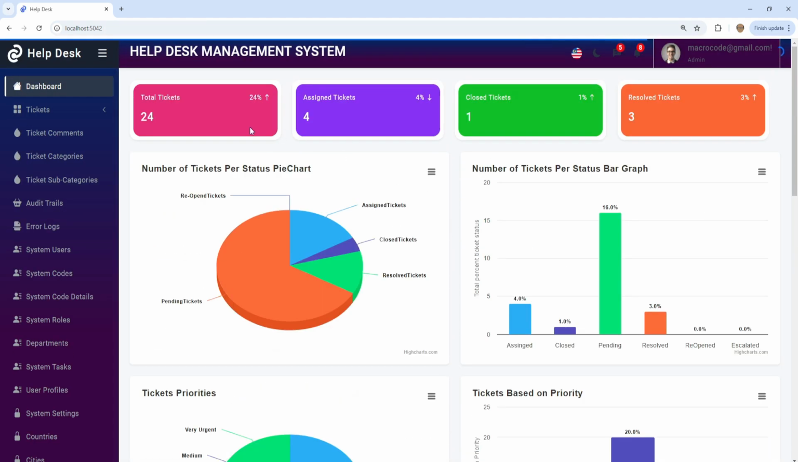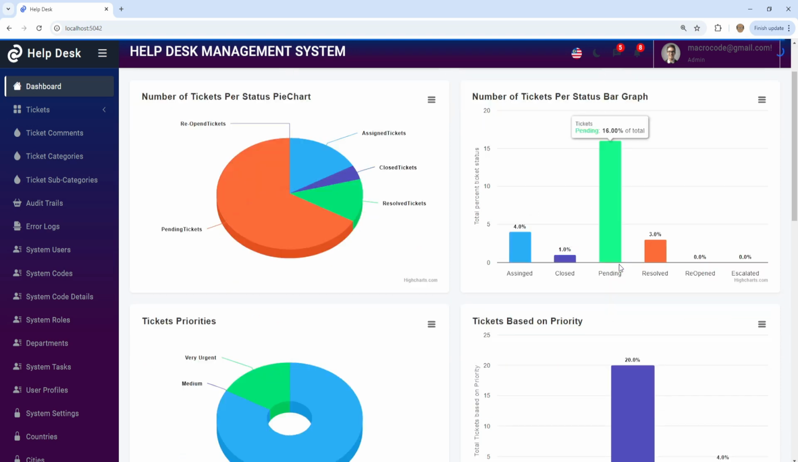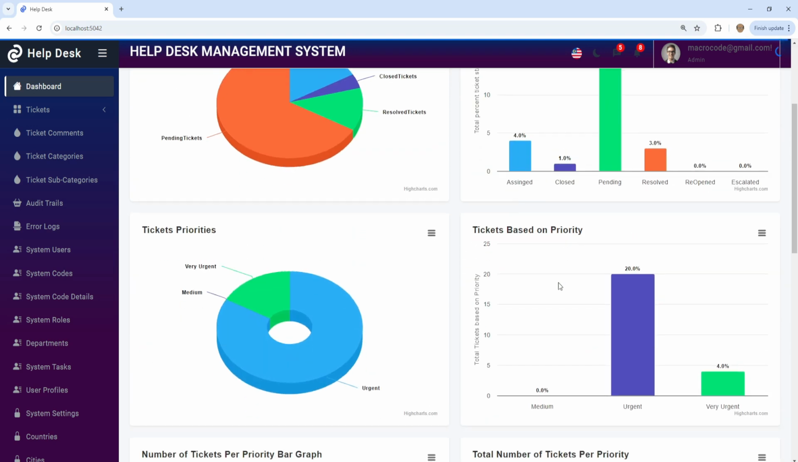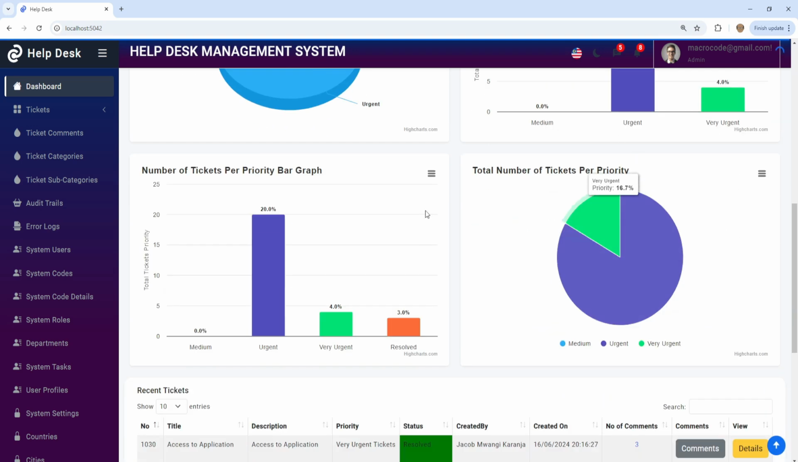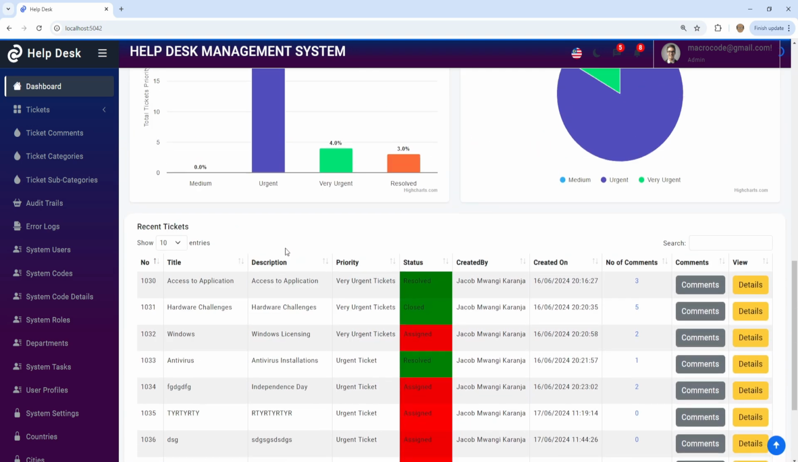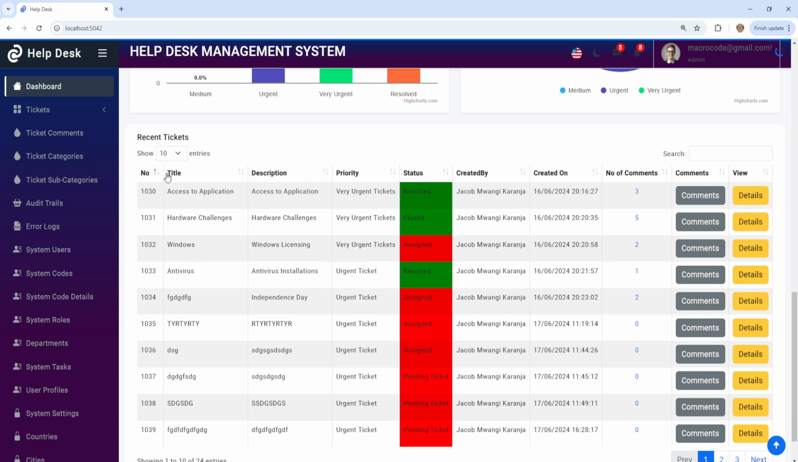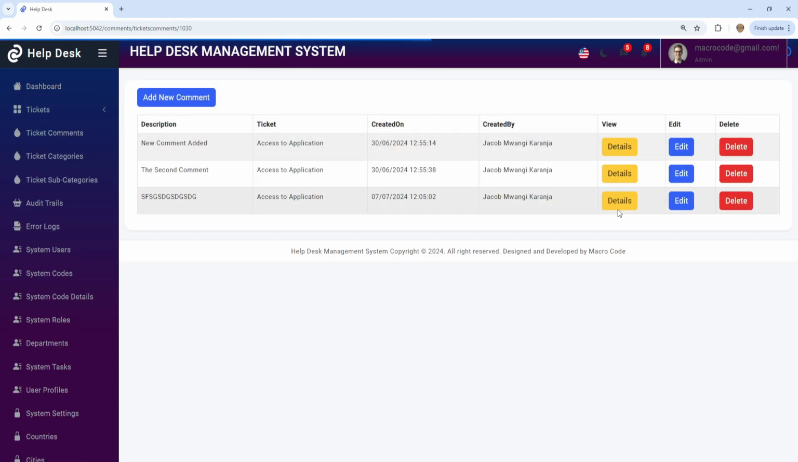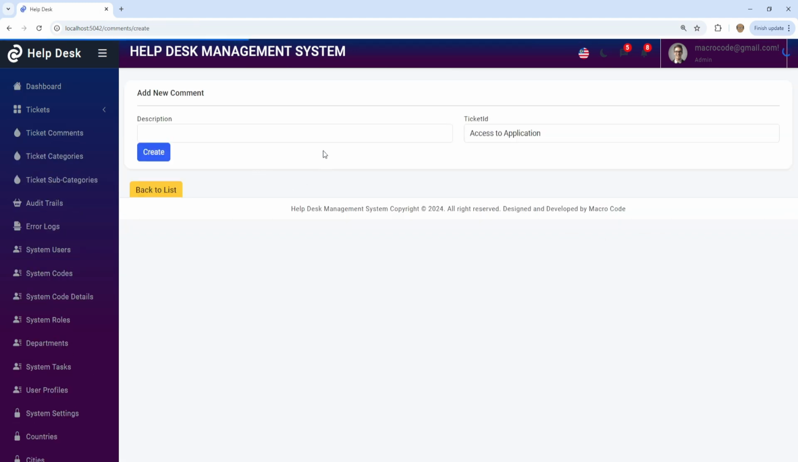On the dashboard, we have the total tickets, the assigned tickets, the closed tickets, the resolved tickets, the number of tickets per status based on the graph. That is the pie chart, the bar graph. You have the ticket priorities, the tickets based on priorities. And you also have the recent tickets here. So you can see you have the number, the title, description, priority status, created by, created on, and the number of comments. So you can see the comments based on the tickets here,